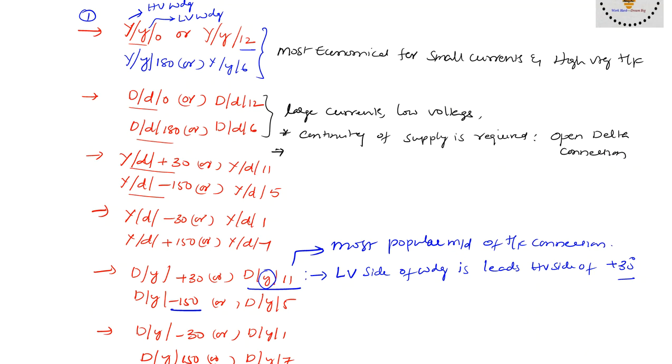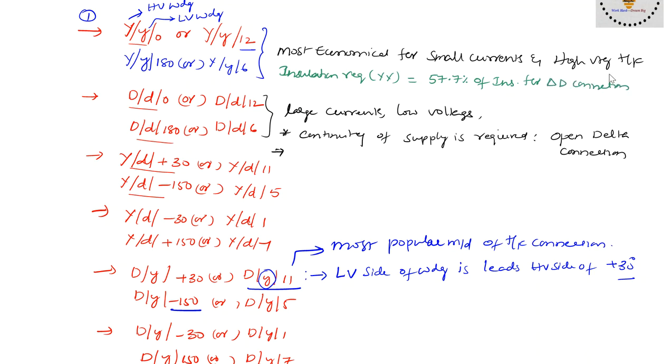Now, this delta delta connection is used for, as we studied, larger currents and low voltages. What about if you compare it with the star connected network? For star star, we have some important points. The insulation required in star to star connection is equal to 57.7%, or 58%, of the insulation required for delta delta connection.